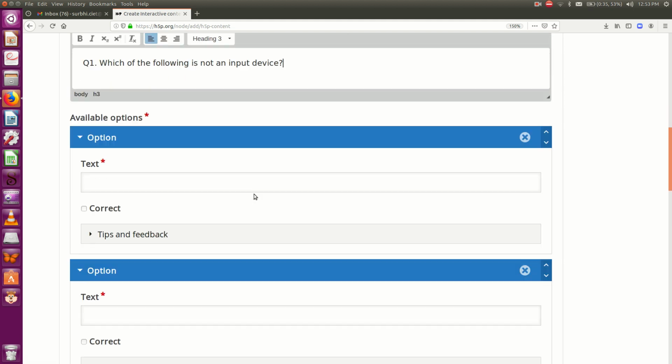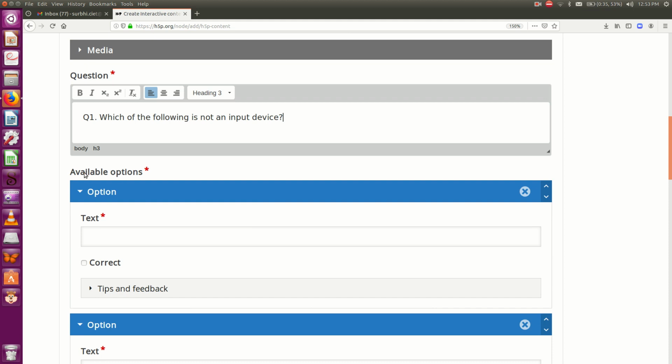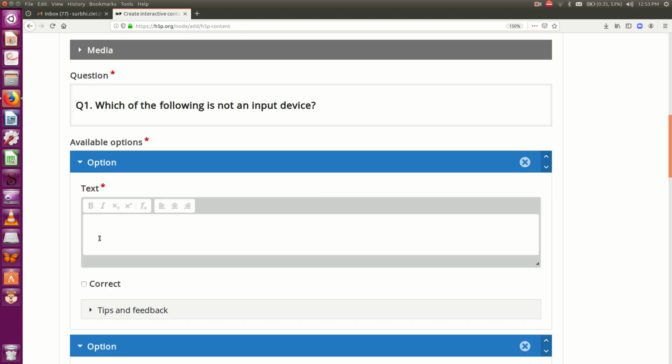Now we need to give the options. So we can see available options field here. So the first option will come in here, text field. So my first option is keyboard.